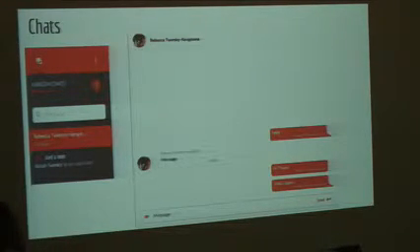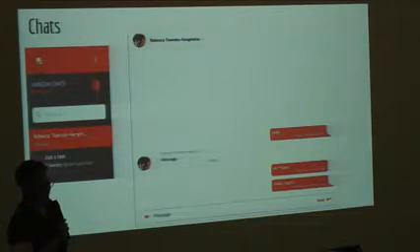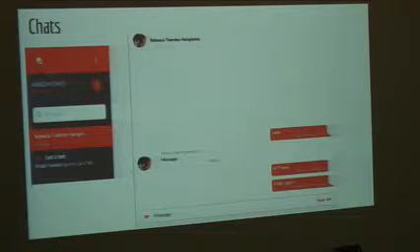Chat with the person next to you. You can scroll down and pick, or you can search.